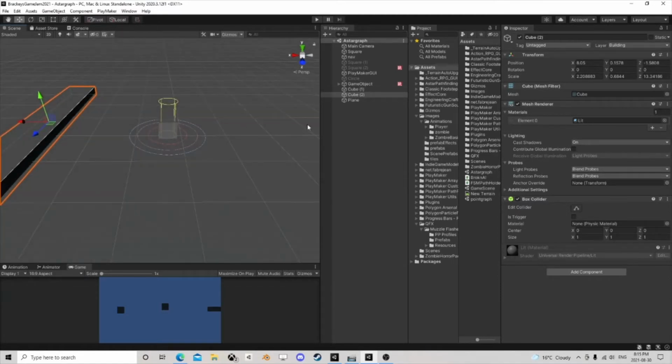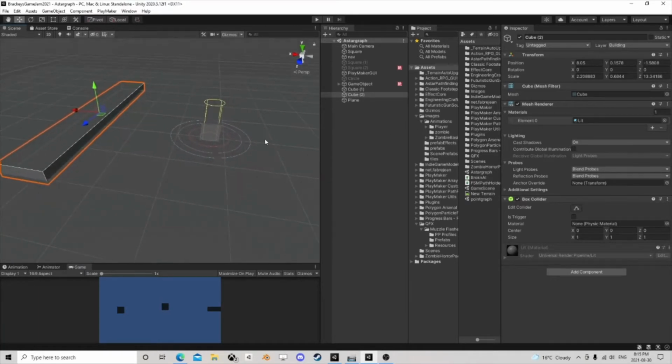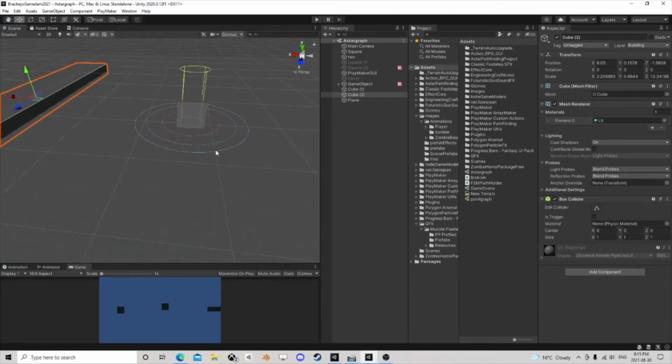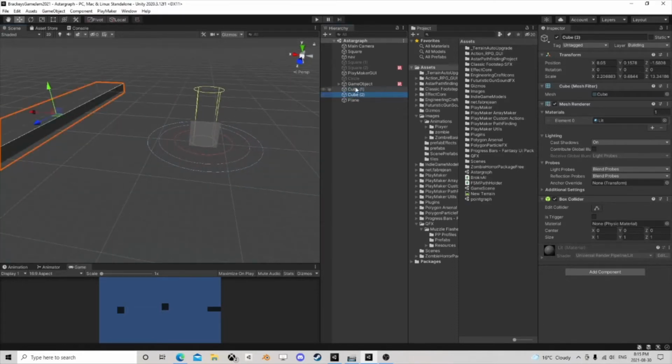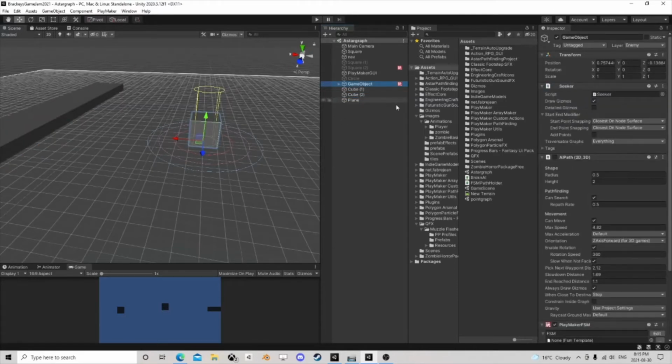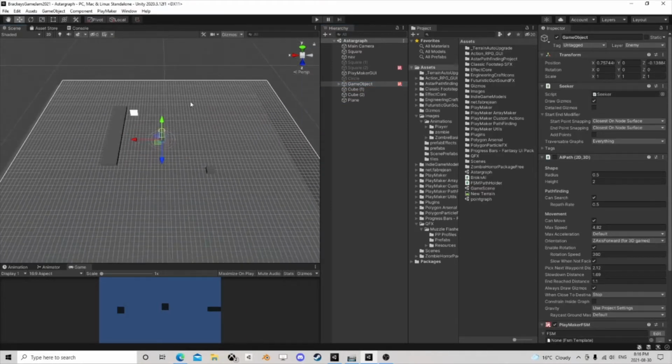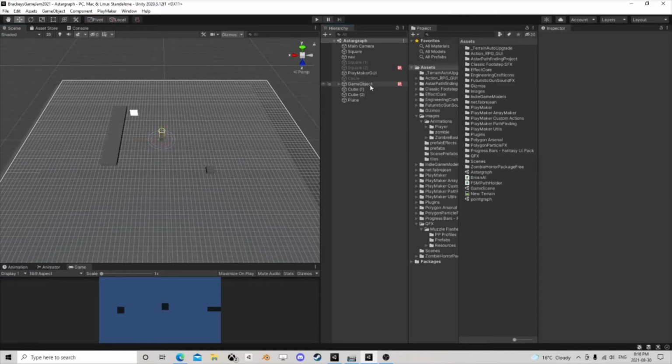But I was playing with A star, and I thought, you know, I should probably do something for my little Playmaker community friends and fellows. So I thought I would. So I've kind of set up a couple scenes here, and I made an action, and normally I would probably just redo the custom action, but I decided I'll just copy the code and actually put it on GitHub. So I'll have that link in the description, or I'll have a pinned comment for it, one or the other. So anyways, here we have, and I'll show you how to set all this up step by step, but